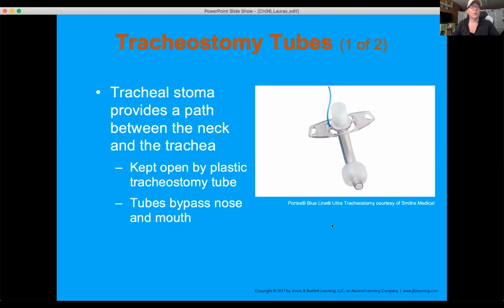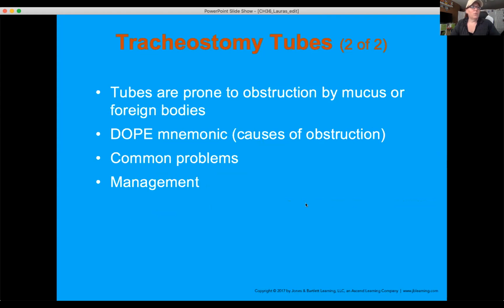The other thing with the trach tube that you need to realize is that it bypasses the mouth and the nose. So unlike a stoma, when we're ventilating somebody with a stoma, we have to close their mouth and nose, right? With a trach, you don't have to do that. But if they have a trach, it'll be completely ineffective to try and put a bag valve mask on top of their face and ventilate them. It's not going to go anywhere. The tip of the trach has a fitting that fits onto your BVM. And a lot of times some patients will have the trach just open and use it as an access point. Sometimes the trach will be already connected to a ventilator.